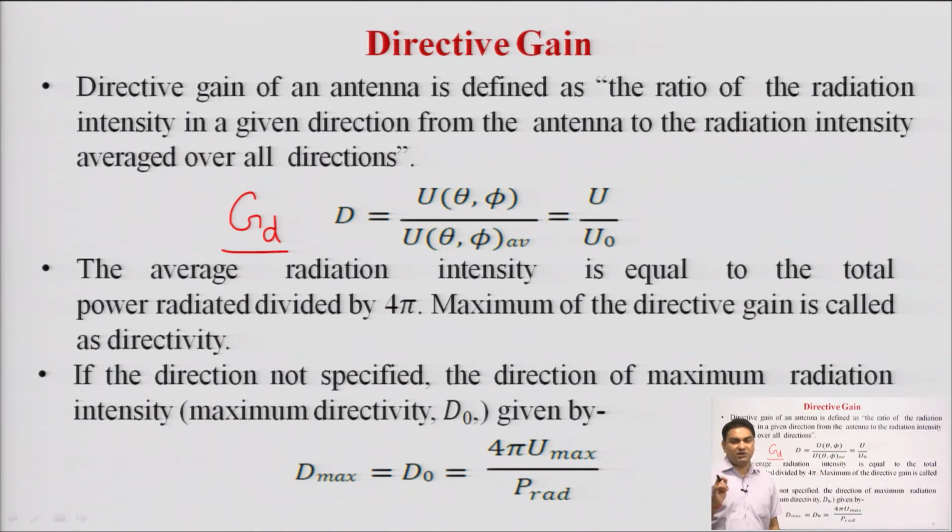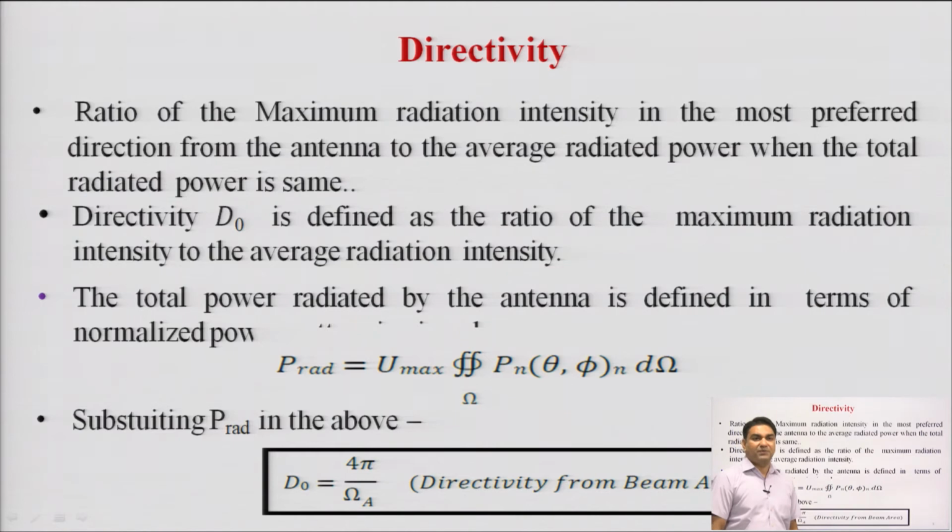The only thing important in describing the directive gain is that the power radiated must be the same for both types of antenna, either the test antenna or the reference antenna. If we take the reference antenna as an isotropic radiator, then the radiation intensity averaged is represented as U naught. You can see here the maximum value of the directive gain is known as the directivity, and it is